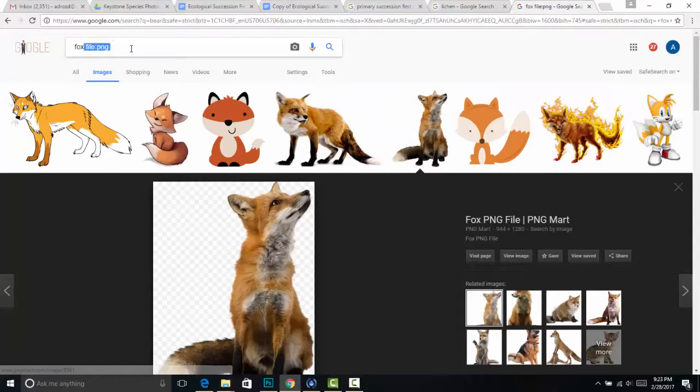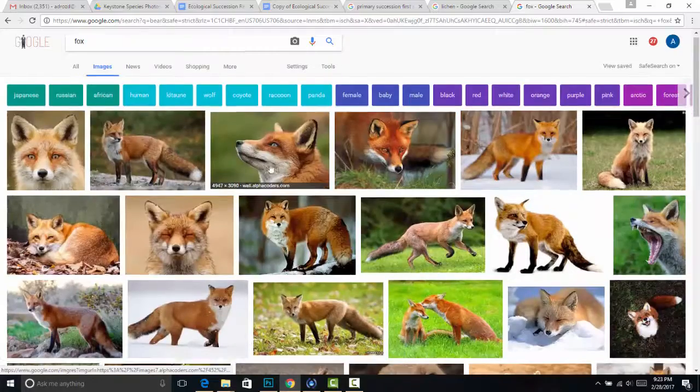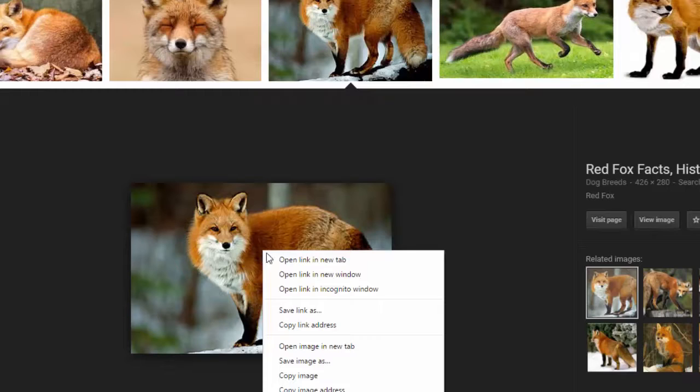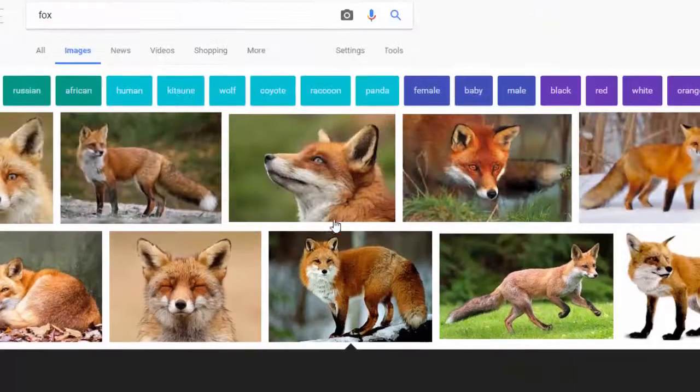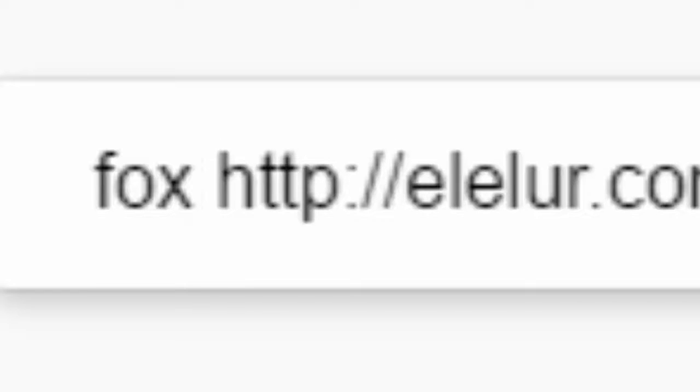So if we were to search, for example, fox, we've got lots of foxes that we can include. Again, right click or hold Command and then left click, copy image address. But what we're going to do instead is search for the species that you're looking for and then add